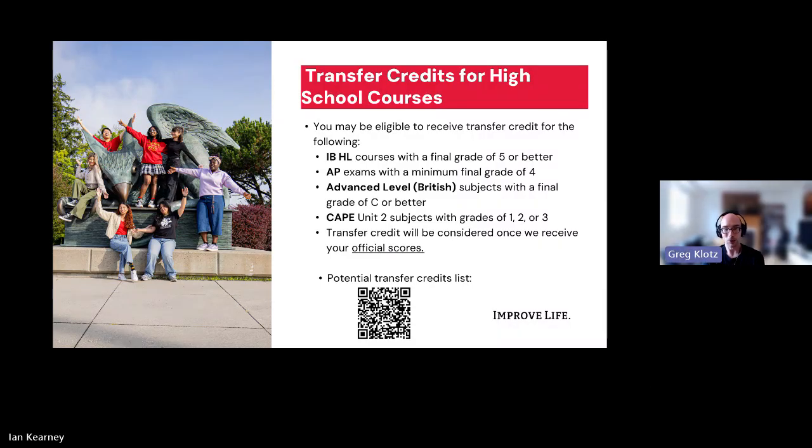Transfer credits for high school courses. This does happen: IB, AP, advanced levels. I don't see too much of this. This is mostly between you and admissions. The main thing that I see this affecting students is if you get the transfer credit now or before course